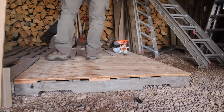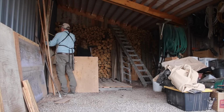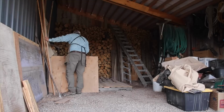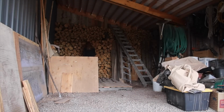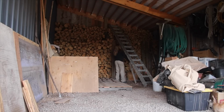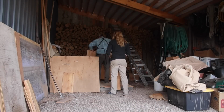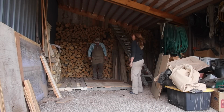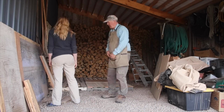Trip over anyway. When Clay's had just a little time on the weekends, we have worked on some other tidying and improvement projects, fixing up the woodpile area to be able to split and stack a bunch more firewood into it for next year. That big firewood obviously did not ever go in the tiny house stove. It went in the big stove in the shop, and we need to get another couple years worth of wood